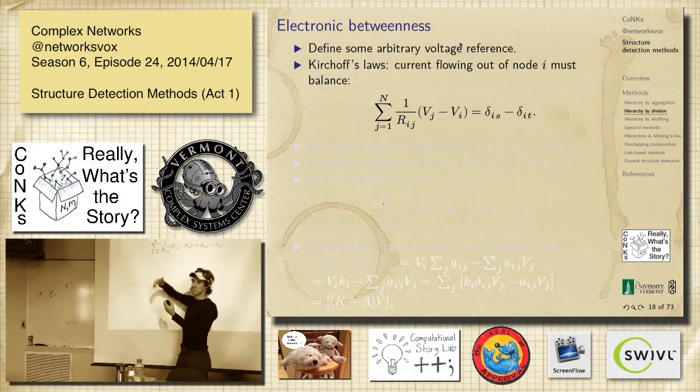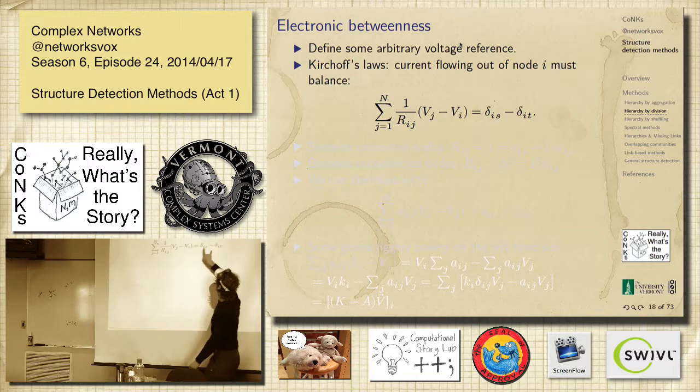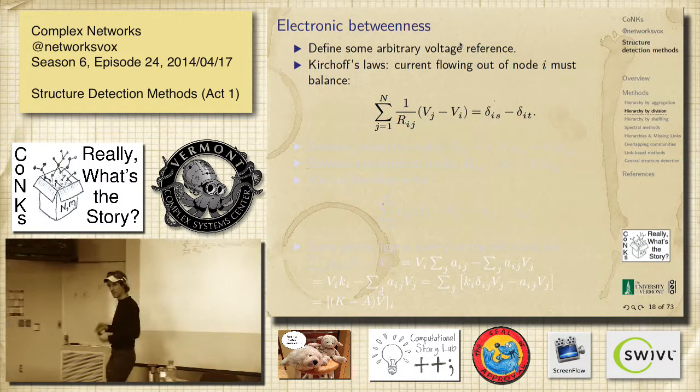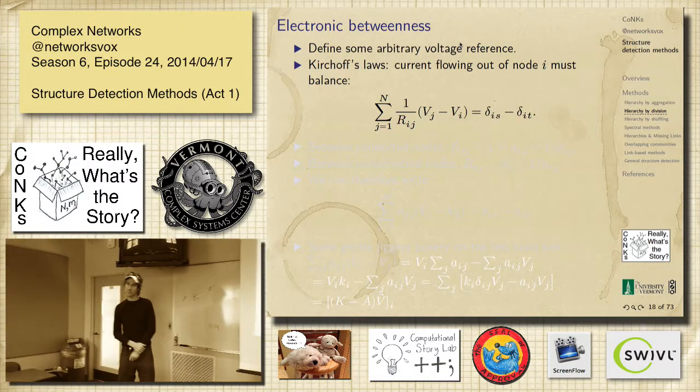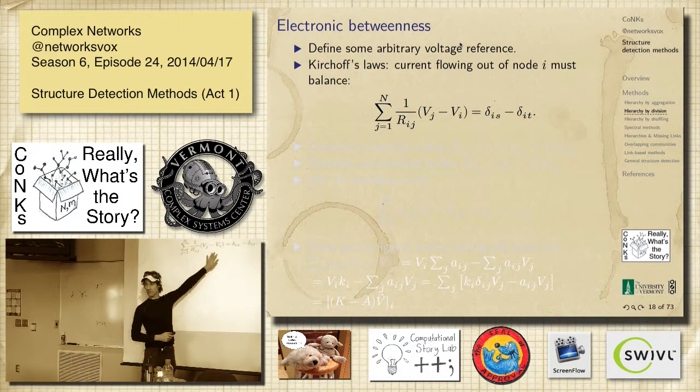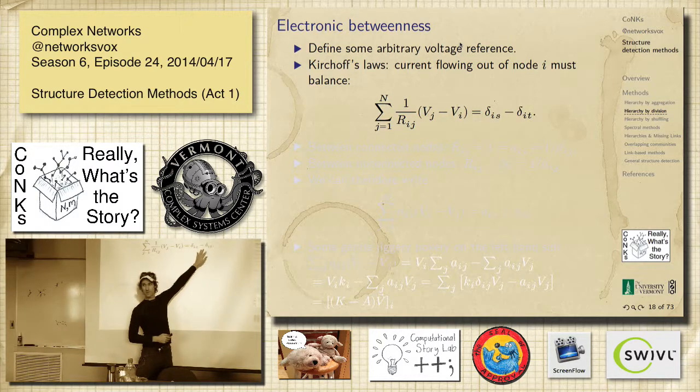So the sum of all the currents has to be 0 in general, except when there's this little business here, right? So if I is the start one, then the net current coming out of I is 1, so it's a little Kronecker delta. And if it's the terminus, then the net current coming out of I has to be -1. Being pulled out of the circuit there. Right, so this looks like a matrix equation kind of thing. And we can play with these little guys here, but there's just sort of a vector story here.